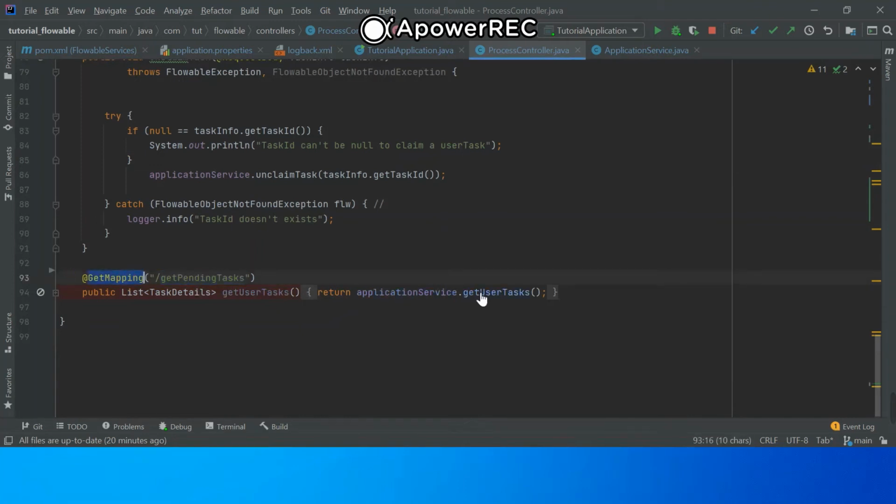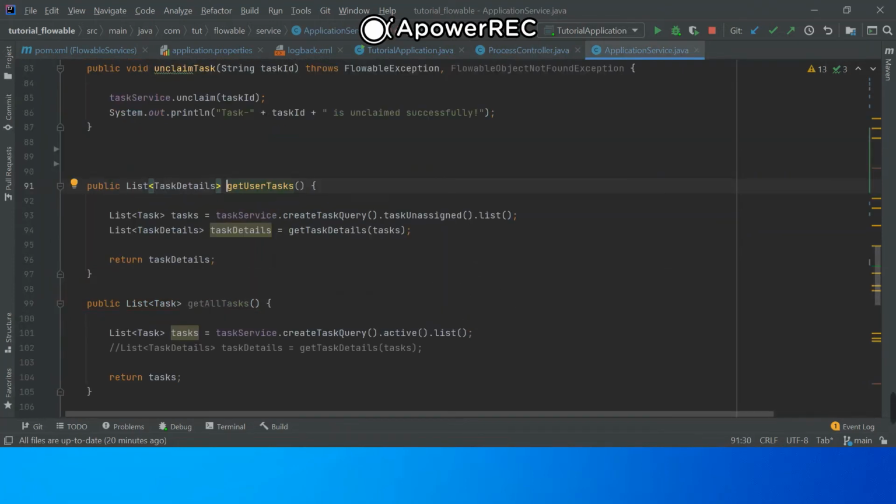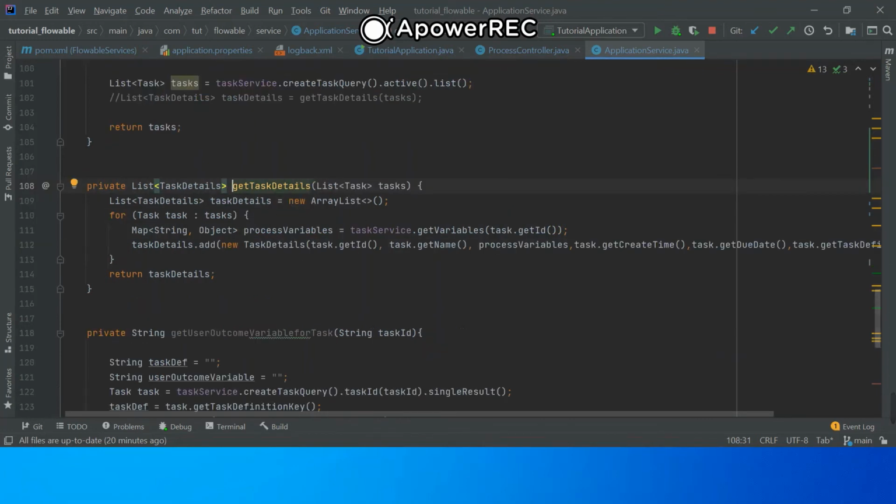Again in the application service, we have this get user task, where using the task service we are creating a query for listing all the unassigned tasks, and we get that using this get task details. We are also attaching all the process variables associated with the task one by one, and after that we return the task details to the main method.